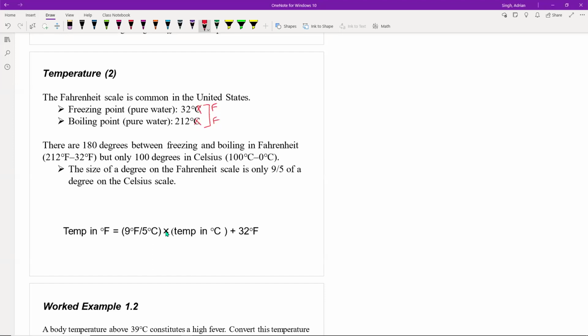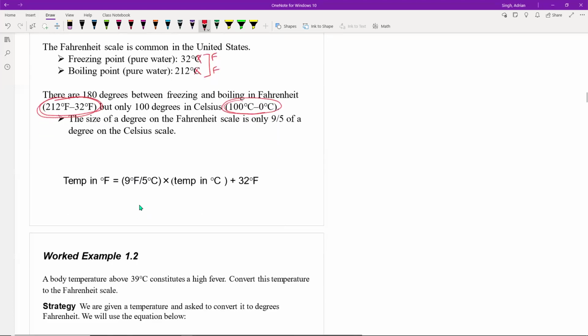they correspond to the same range in the Celsius scale from 0 to 100, but between 212 and 32, there's actually 180 degrees in this range. But in the Celsius scale, between the same reference points, there are 100 degrees. When we go from Celsius to Kelvin, or Celsius to Fahrenheit, Fahrenheit to Celsius, we need to take this relationship into account. So whenever you see the formula that relates Celsius to Fahrenheit, you always have this 9/5 or 5/9 relationship. That actually comes from the